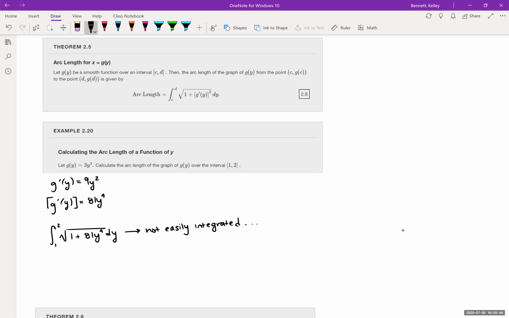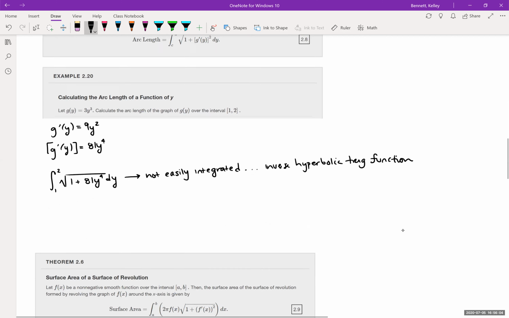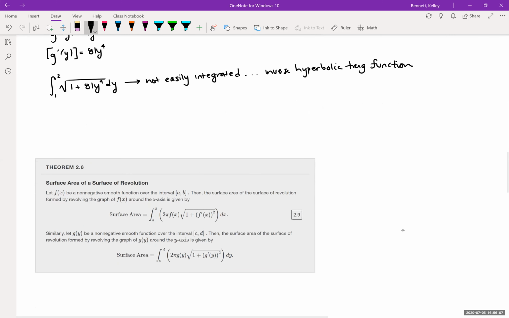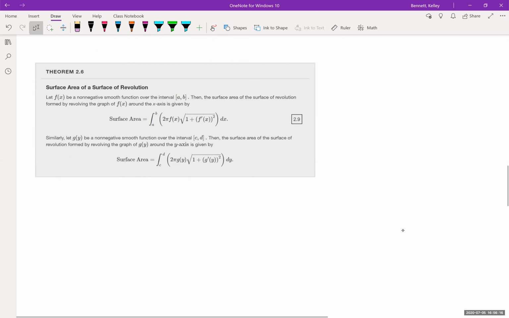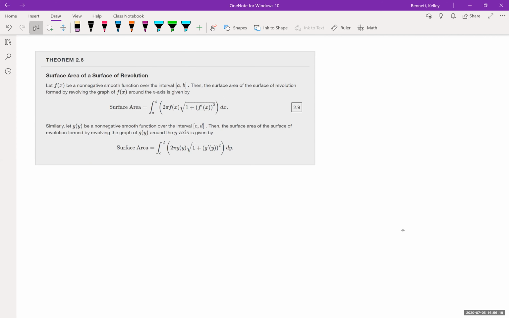It would end up with an inverse hyperbolic trig function. But anyway, it's just an idea to practice setting it up. No, I'm not going to give you an integral where it's an inverse hyperbolic trig function on the exam. So, okay, now that we have the idea of how to compute arc length,